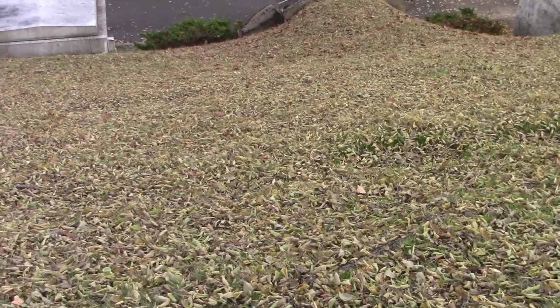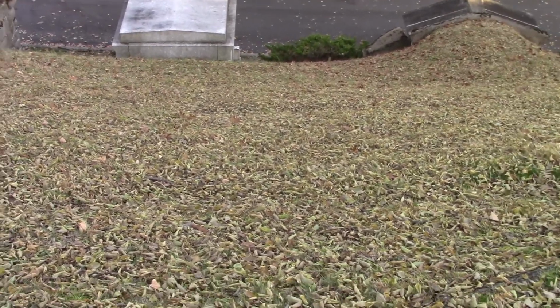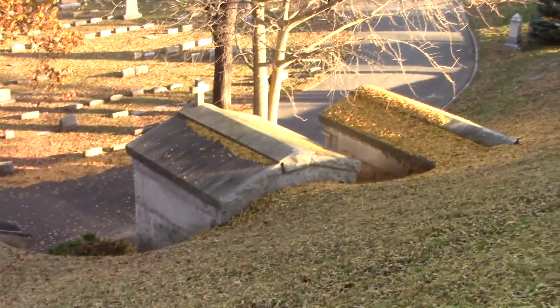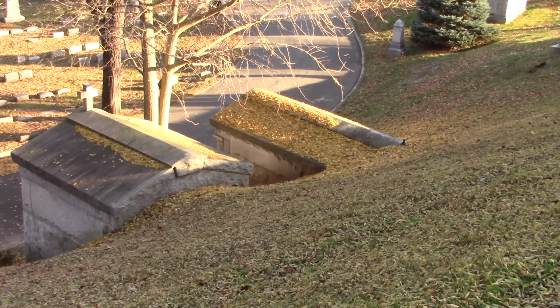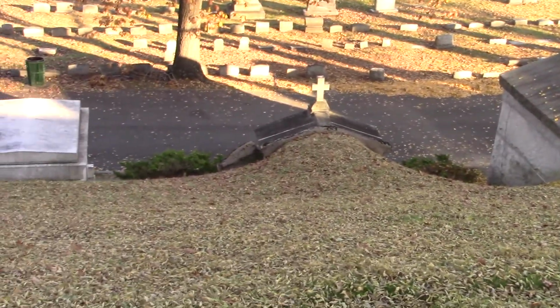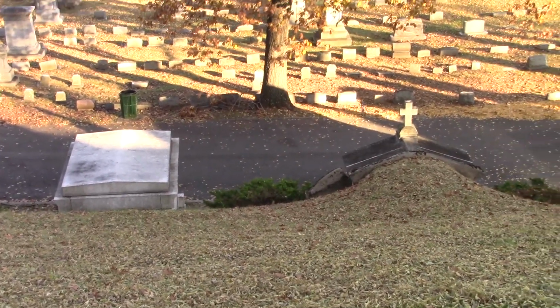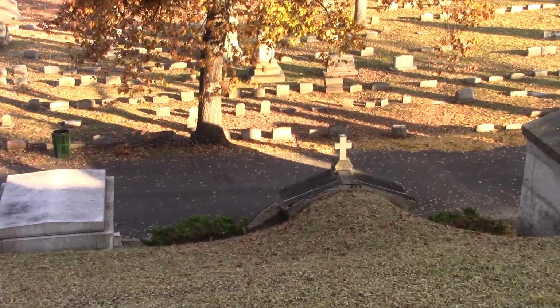I am now on the front half of this hill, and no, I am not going down it, but there are graves down there. But how did they put these people up here on the side of the hill? And you can see these tombs here. I think that's what they're called. You see one's kind of breaking. And one of them, I'm not sure which one it is,